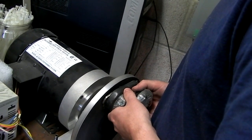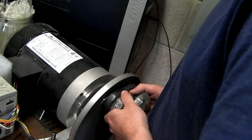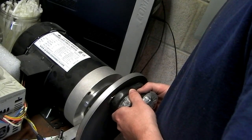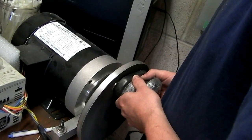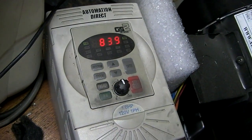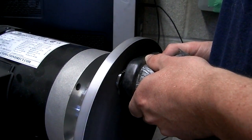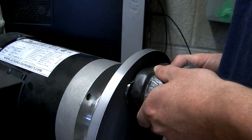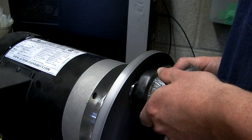Okay. So anyway. That was good. It's fast, right? It's kind of. I've been trying different speeds. I don't know what works better, but basically just hold it here until all the pits are done. And this might be a lot easier to do before the blades are hard, but...